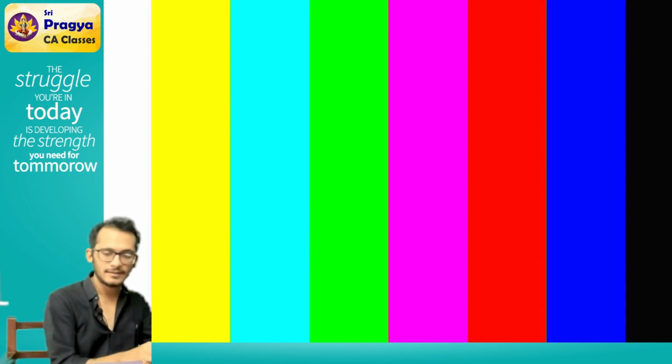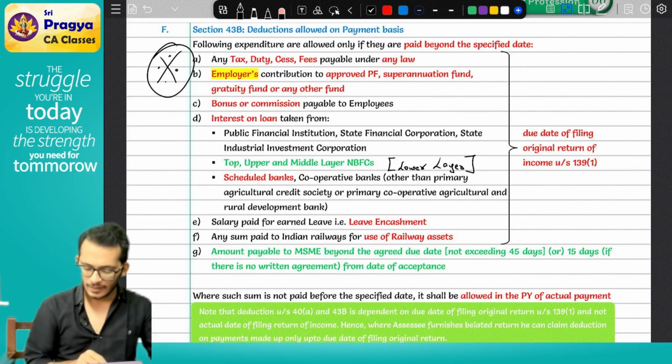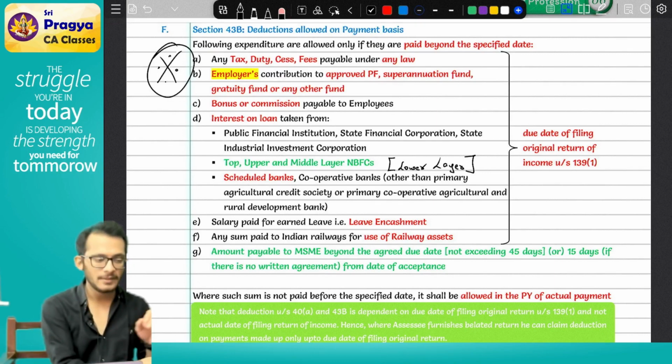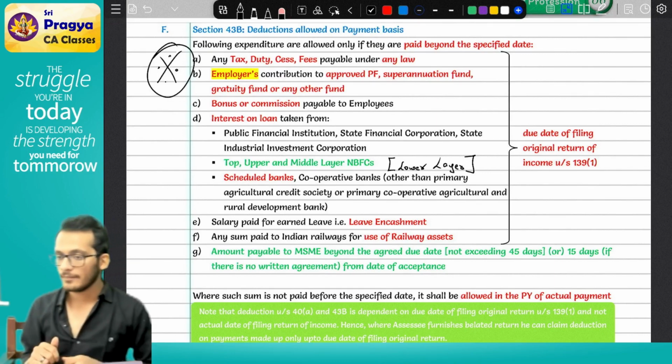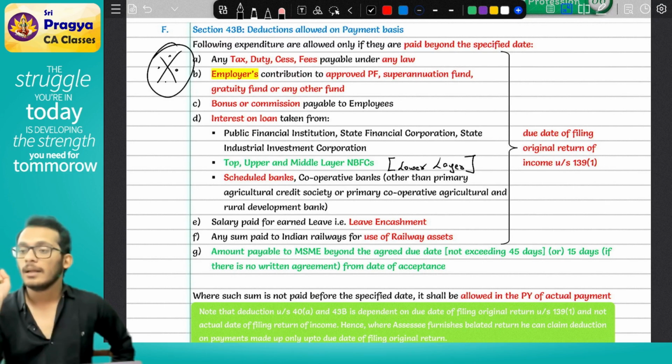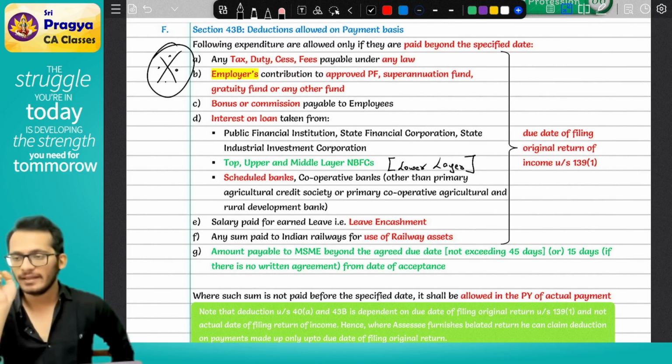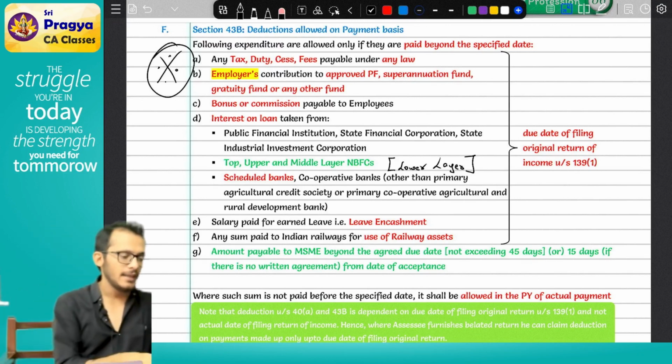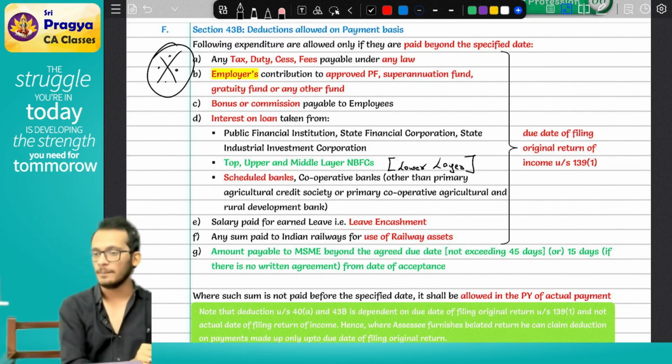Next, I am coming and saying, Rahul, any payments made to employees. Any payment made to employees. So 3 people I covered. First person was government. Second person was banks. Third person is employees. I am saying, Rahul, if you are planning to pay any kind of bonus or commission to your employees,